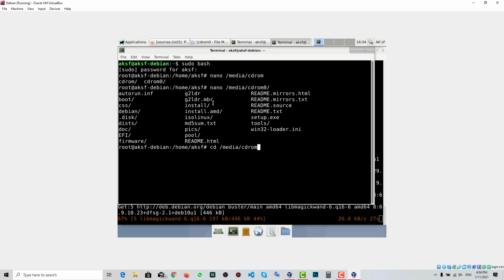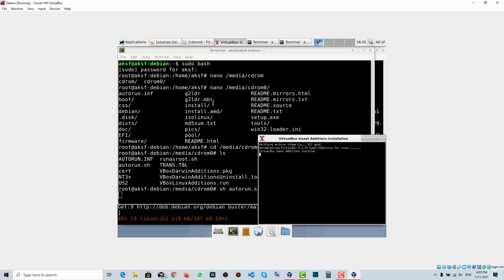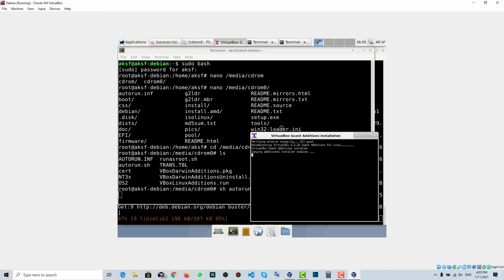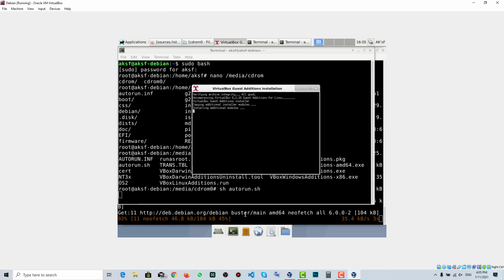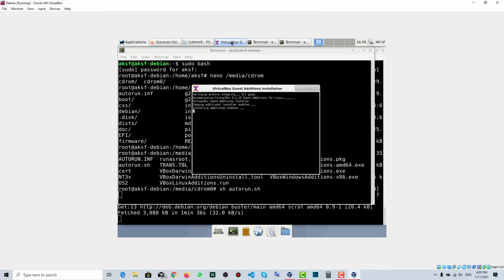Now cd cdrom0, ls here. Just sh to run, open the autorun and it will install those modules. So after you install that, you have to reboot the machine. After you rebooted the machine,